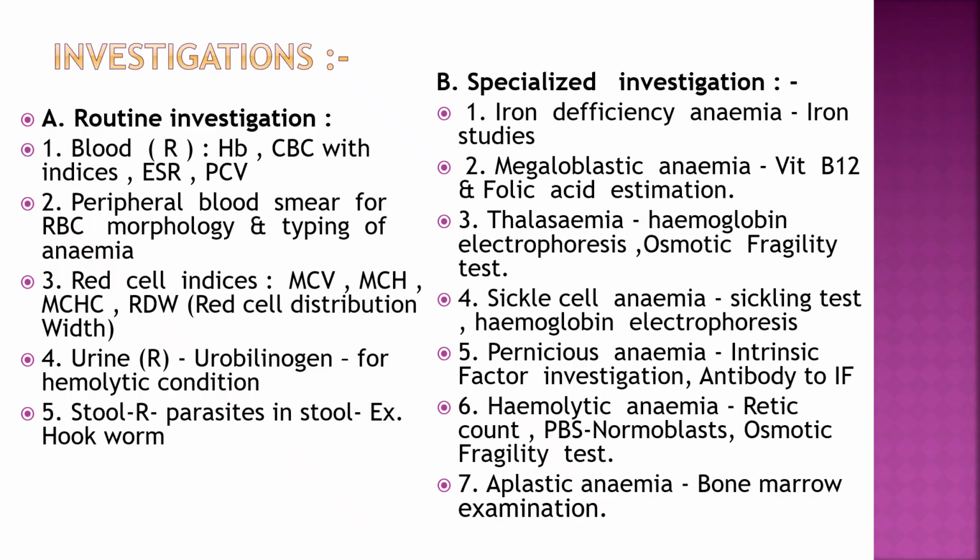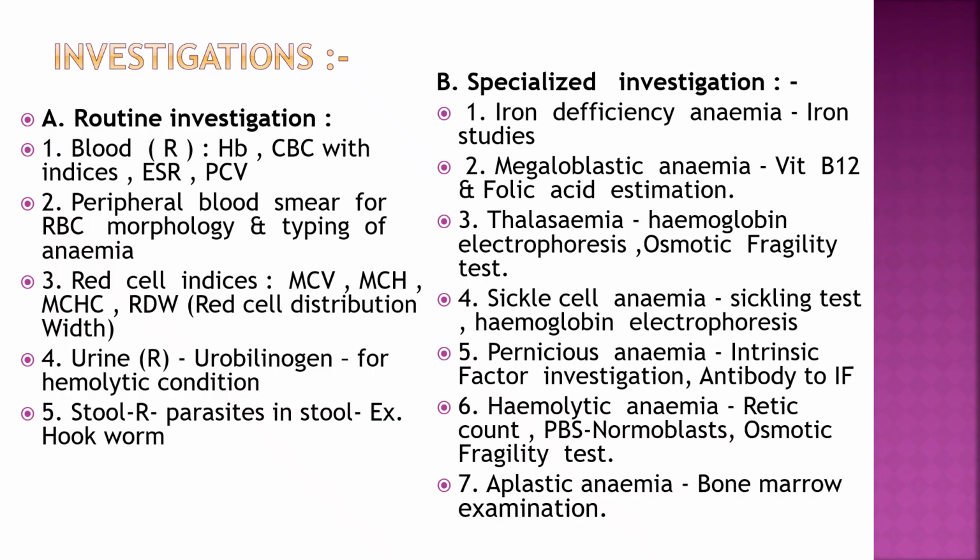So investigations done are of two types: routine investigations to know whether anemia is there or not, and specialized investigations to know which type of anemia. So first, routine investigations. Basic investigations like blood routine, that is HB, CBC, ESR, PCV, peripheral blood smear for